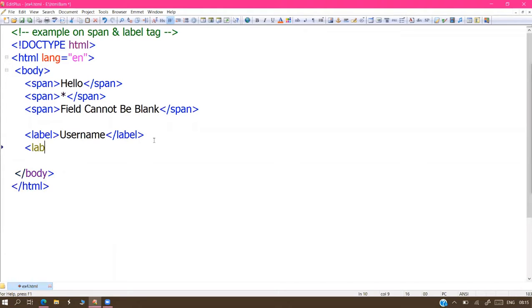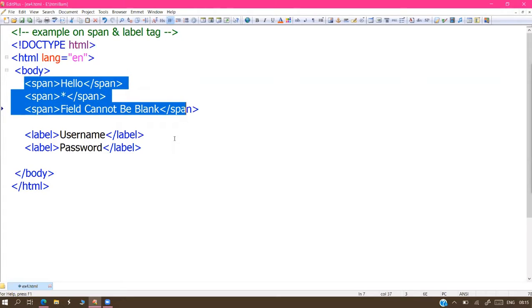Similarly, the next one is also label followed by password. So username, password like this. You can go and check it.